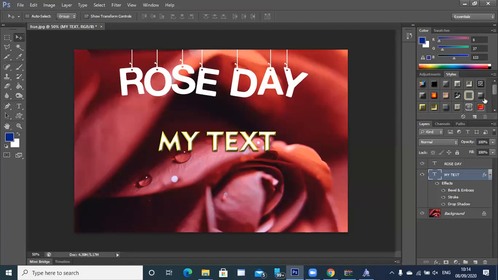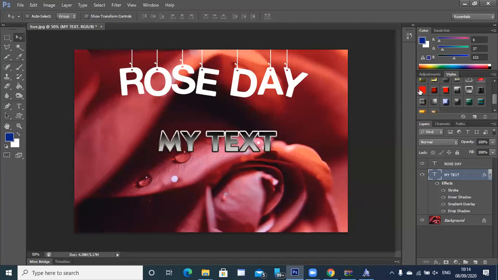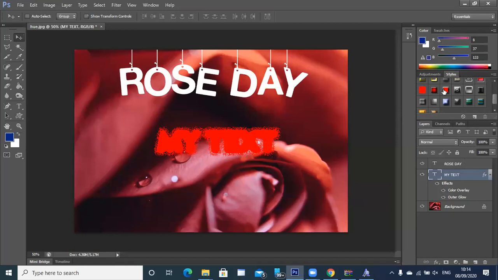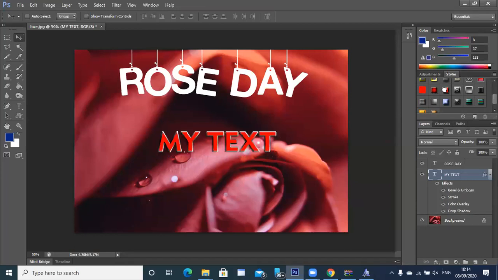Okay, it's basically a set of effects which are there, and you have an option of which effect you want to apply on your text. So depending on what style or what theme is going on, based on that you can choose an effect style and you can keep that. Correct, so this is another effect style. So choose the effect style which you like depending on the theme that you have.